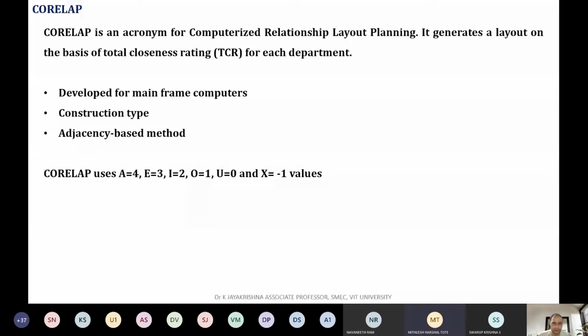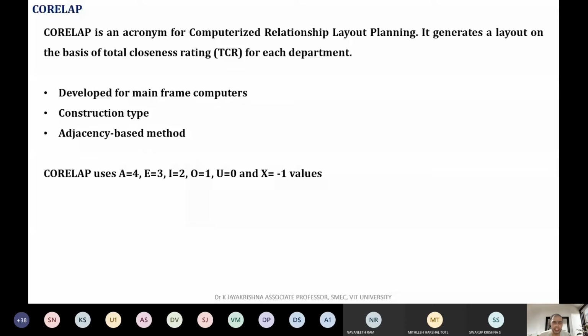So 6, 4 or 3. 4 or 3, because unless you have a class or an exam, you have no need to go to the TT class, TT Blink. That's my belief, because all of your major activity is in the mechanical department, so the rating is less. Same way,